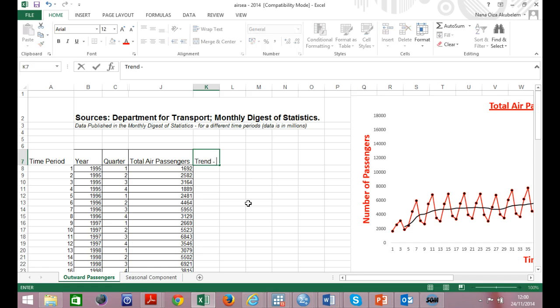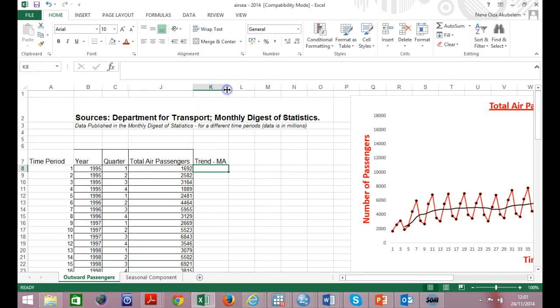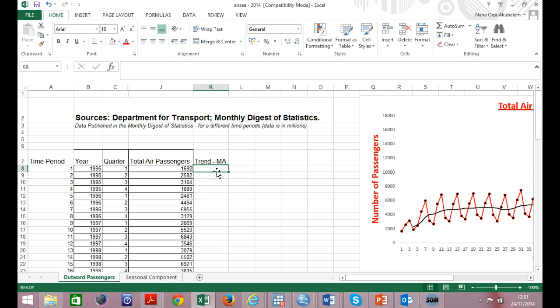Trend, we'll call this MA, just to tell us that MA stands for moving average, just to tell us that we're working out the trend using the moving average. How do we do it? Again, remember it is equals to